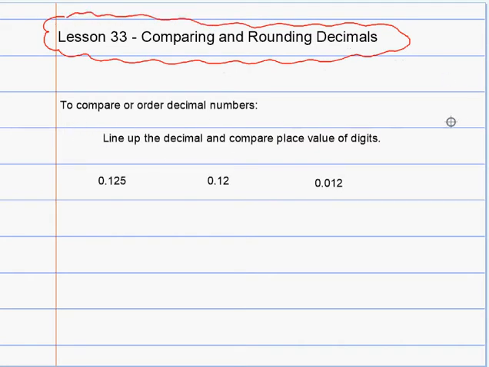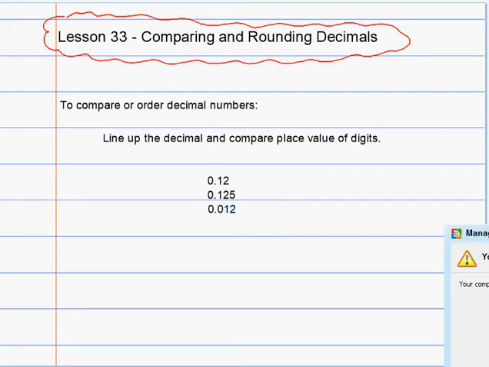Okay, so to compare or order decimal numbers, first we need to line up the decimal and compare the place value of the digits. So we have these three decimal numbers: 125 thousandths, 12 hundredths, and 12 thousandths. And what we can do is write them so that the decimal is aligned, or lined up. Okay, so once you have that done, then what you need to do is compare each place value